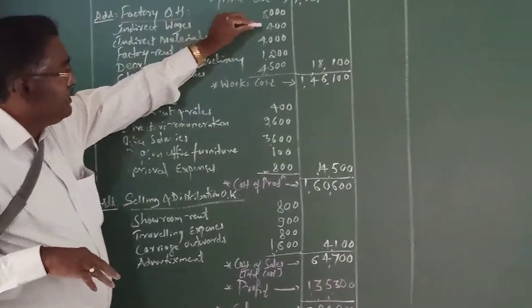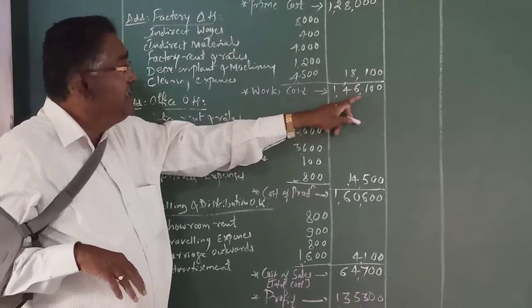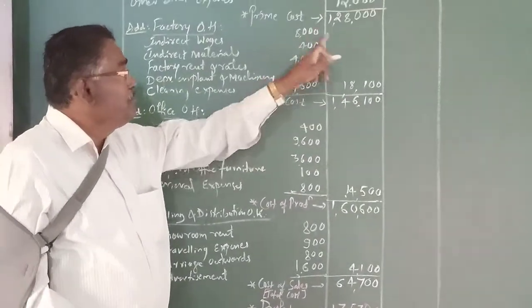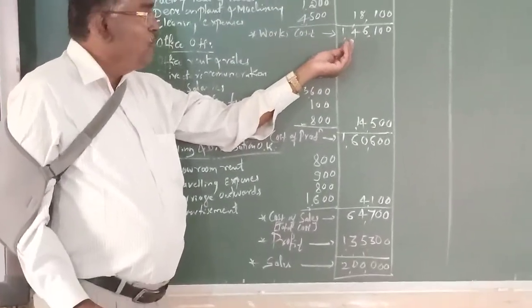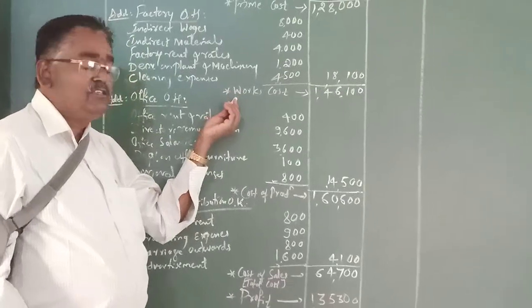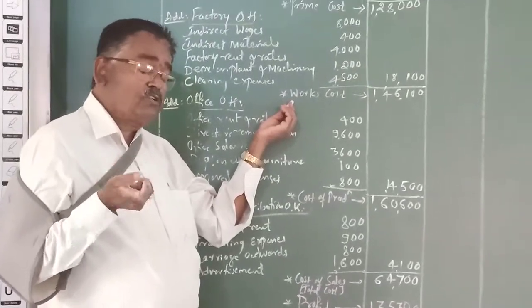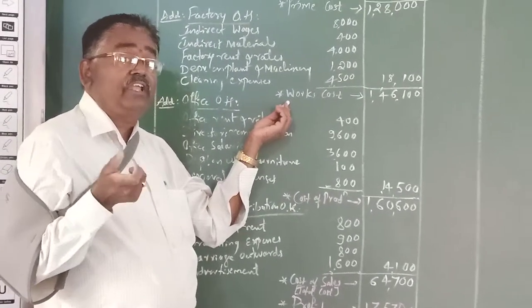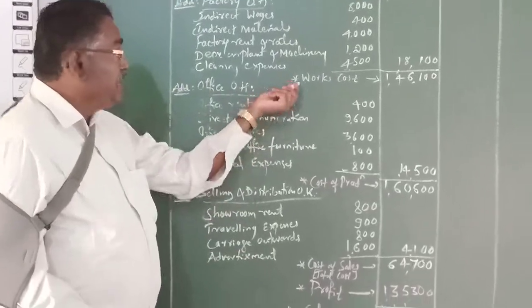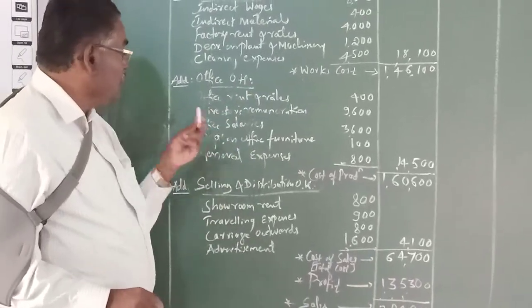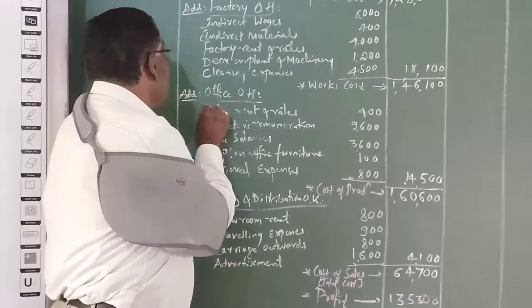All these factory overheads total 18,100, which is added to prime cost. The result will be 1,46,100, which is works cost. Works cost is nothing but factory cost. Then after getting the factory cost,